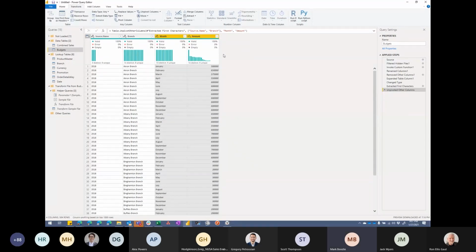And I'll just tell you right now, when I first started using Power BI, somebody sent me a budget file and I literally copied and pasted and did paste transpose. It was super painful, and I wish I had known this existed because it would have saved me several hours. That unpivot button is gold to me. But okay, so we got our table in a little bit better format.